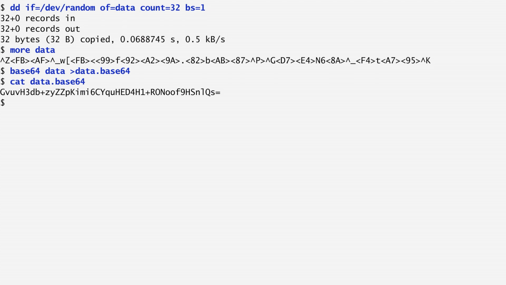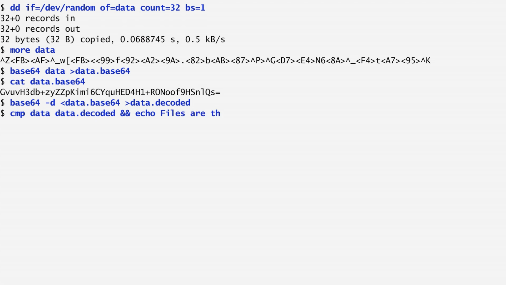Furthermore, the reverse operation can be performed by running base64 -d for decode, specifying data.base64 as the input file and data.decode as the output. Comparing the initial data file with the decoded one, byte by byte, through the cmp command, we verify that they are indeed the same. Thus, we converted a file from binary format to text and then back to binary, preserving its contents.